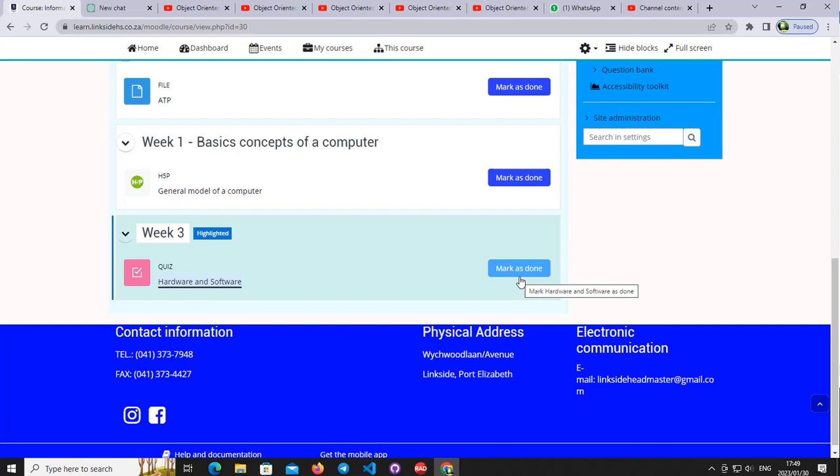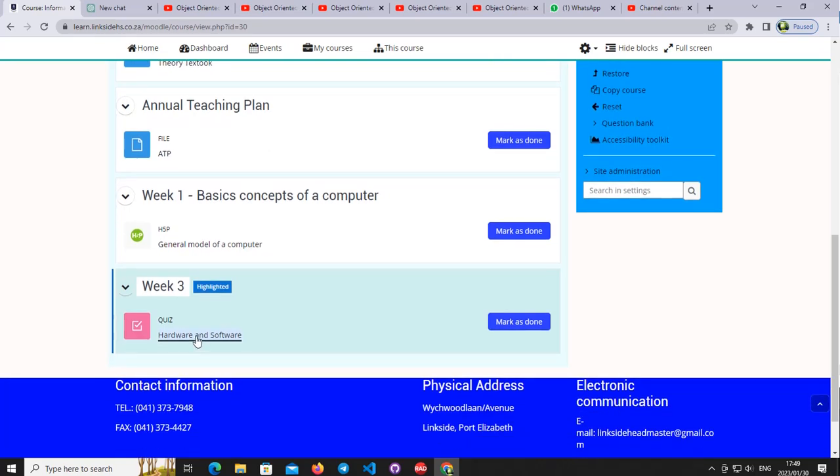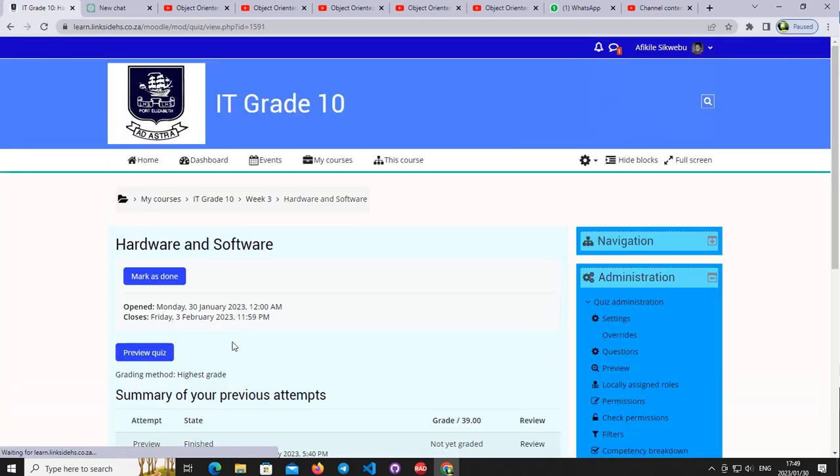So please, when you are done with this quiz, or when you're done downloading anything, let's say you are downloading this document or taking this exercise, please just click mark as done so that the system records that accordingly. Alright, so you would then select the quiz,